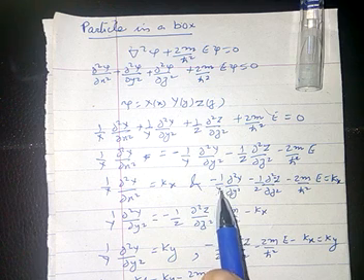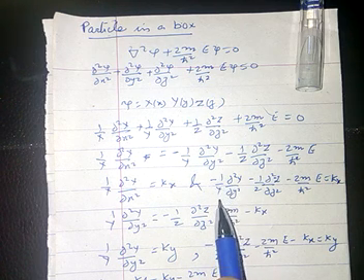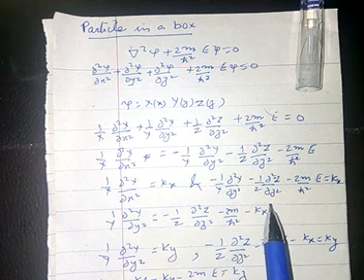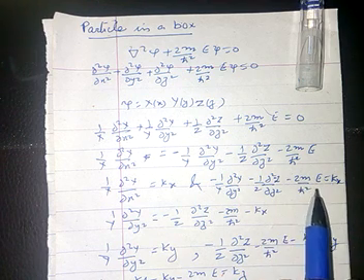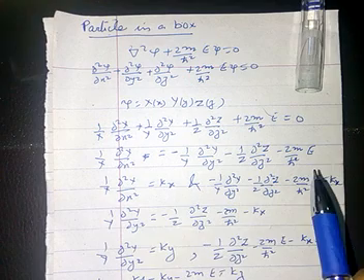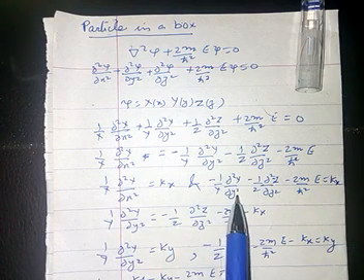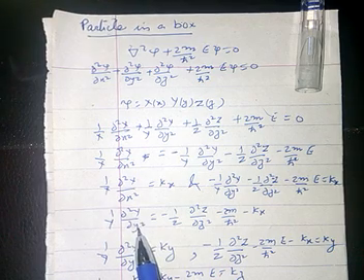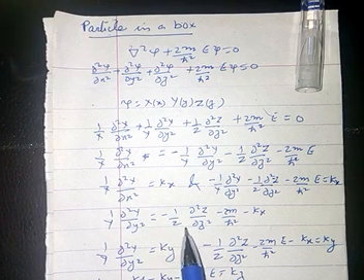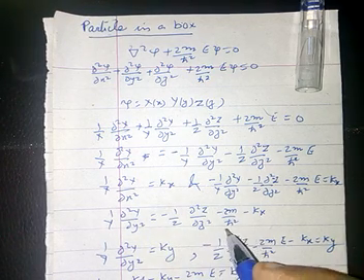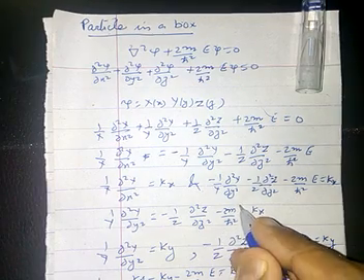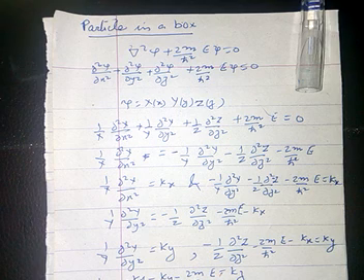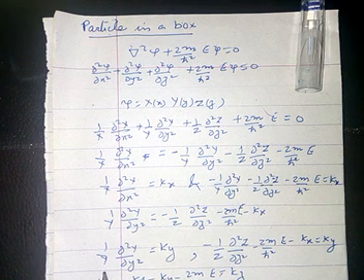So the above equation becomes minus 1 upon Y del squared Y upon del y squared minus 1 upon Z del squared Z upon del z squared minus 2m upon h cross squared E equals kx. Now again we can write this equation as 1 upon Y del squared Y upon del y squared equals minus 1 upon Z del squared Z upon del z squared minus 2m upon h cross squared E minus kx.